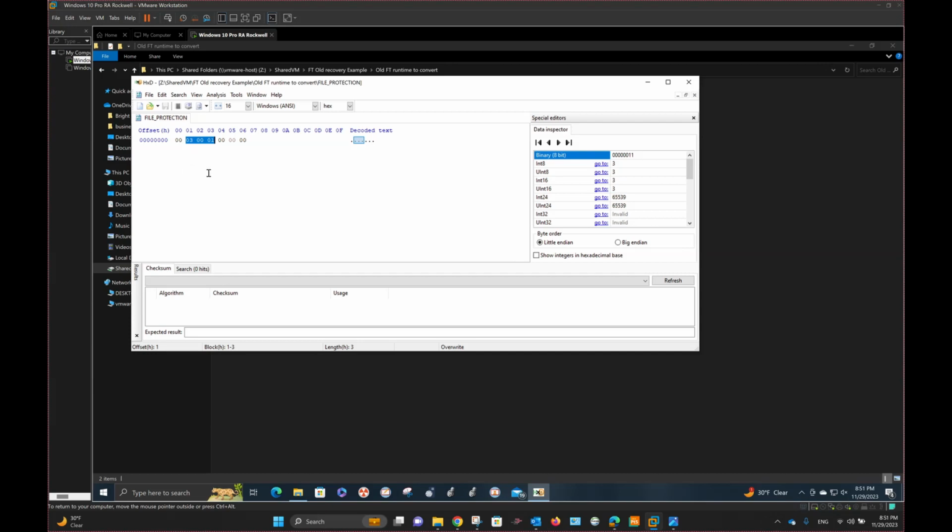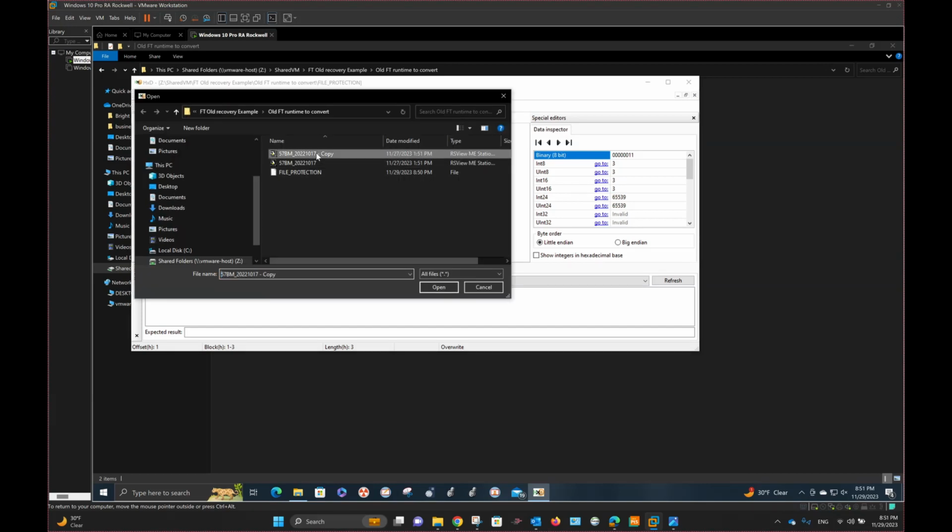So let's do that right now. 030001. Then we do file open. We are going to open this, the copy. Remember, like I told you, to close the 7-Zip first. If not, it will tell you it's already open and it's not going to work. So open,